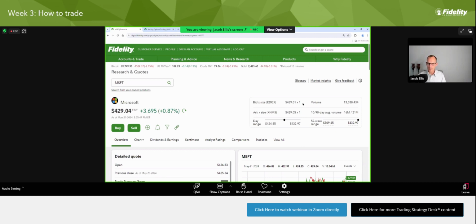If you choose not to bring your buying price up or your selling price down, then you're simply saying, I'm going to wait until somebody else agrees that my price is a reasonable price, and then I will have a deal. You're saying that the price you've chosen is more important than the timing of that trade. Knowing that that's the case, we can start diving in and understanding a little bit more about the different types